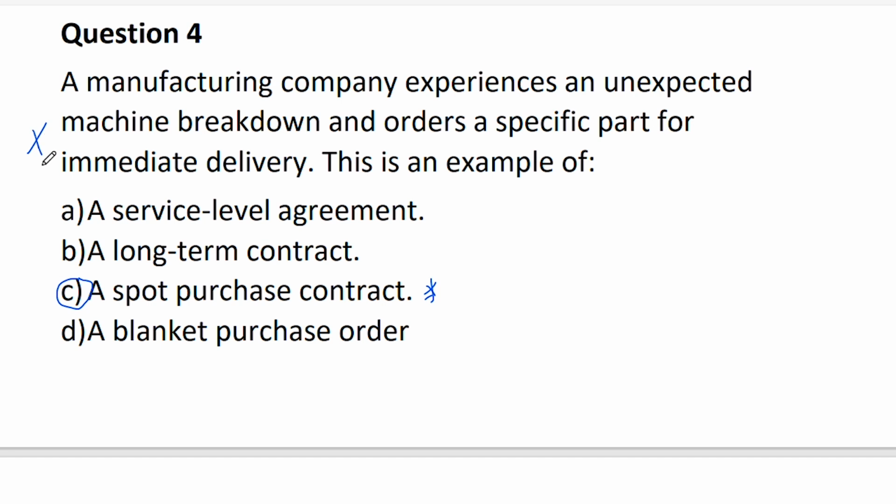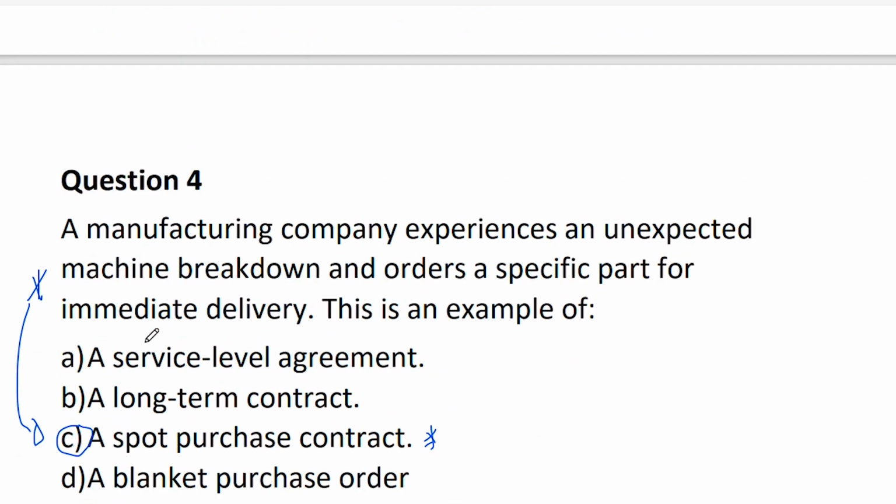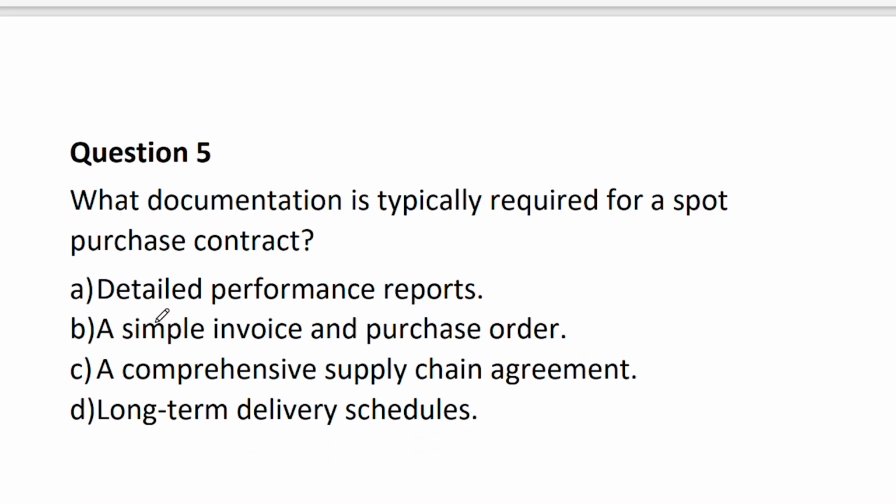So this question is testing whether you can spot it. This one was like, do you know an example of that? And this is giving you a scenario and asking, can you pick out what that is? What documentation is typically required for a spot purchase contract? Detailed performance reports, simple invoice and purchase order, comprehensive supply chain agreement? Anything long-term is not important. It's just a simple invoice and purchase order. It's just, we want to buy this thing and this is how much you owe us, or how